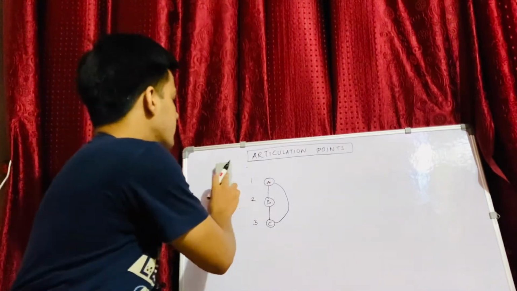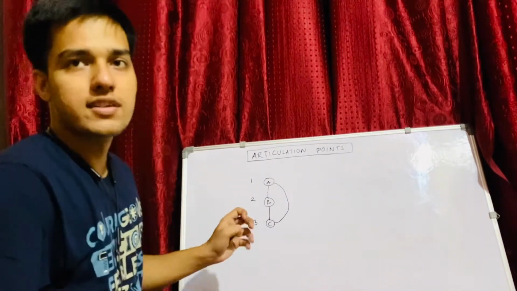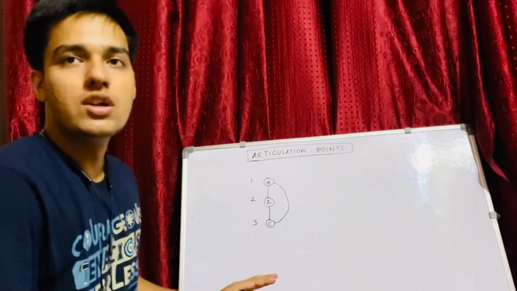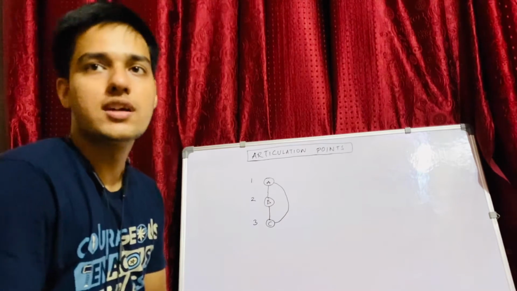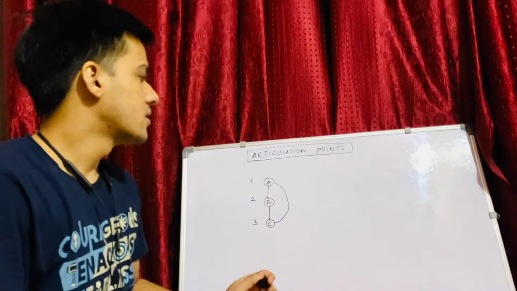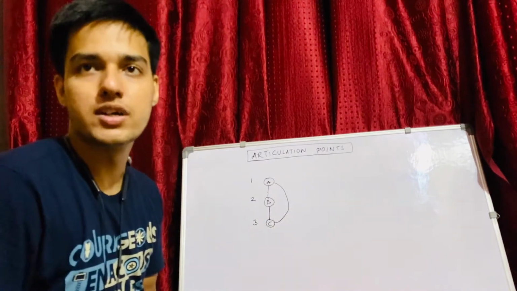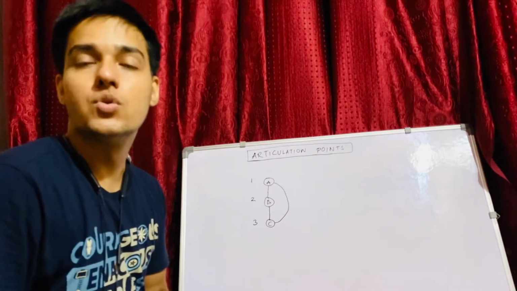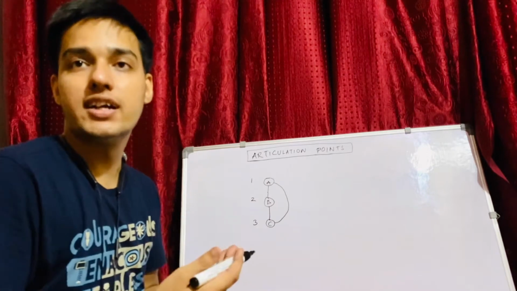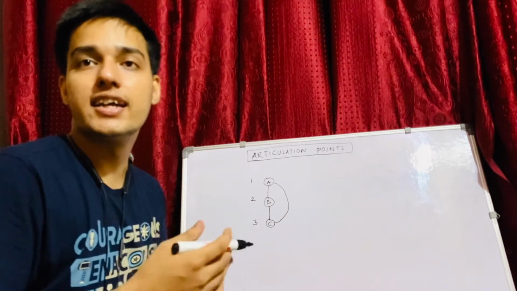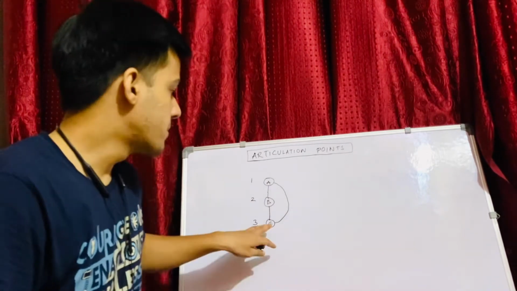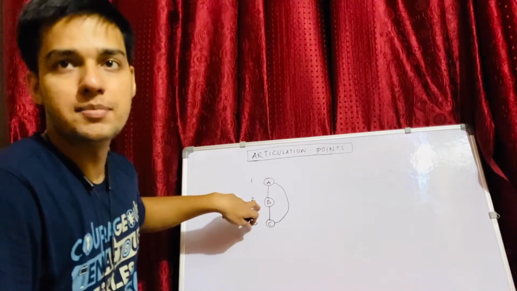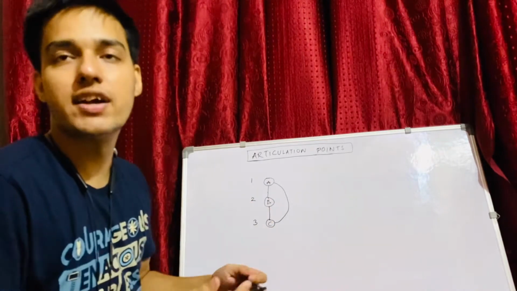Right? Now that we know what the discovery time is, let's make use of it in finding the low discovery time. So what exactly is the low discovery time? Let's suppose we have a particular vertex. The lowest discovery time will tell us the lowest possible discovery time that I can reach from a particular node by not taking a path which goes through its parent. So it is the same thing as finding a back edge.